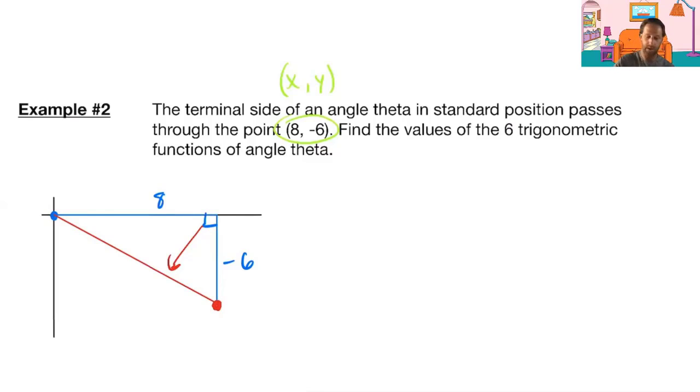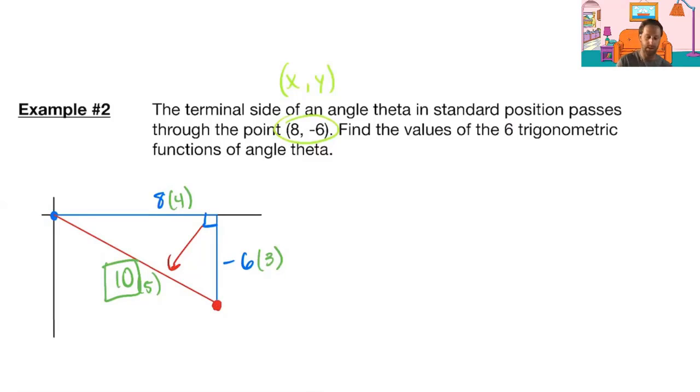A lot of overlapping vocab here. So can you tell me, just by looking at that, what that length is? And if anybody was able to say 10, very, very good. This was a 3, 4, 5 in disguise, all doubled. So that's the similar triangle ratio that we talked about last section. Because I was able to skip my Pythagorean theorem of having to take -6 squared plus 8 squared